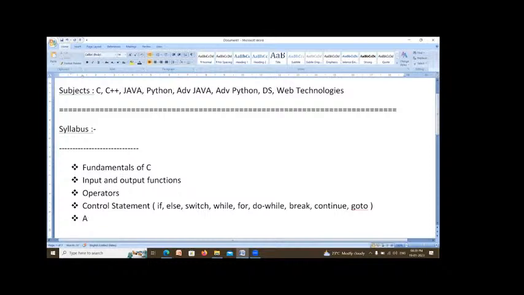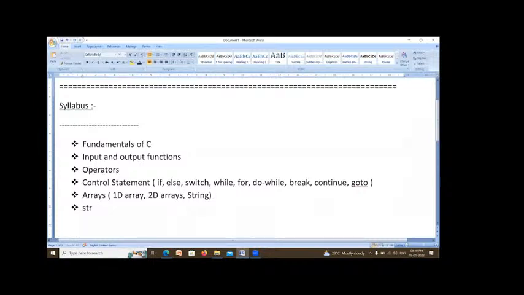Now I will explain the concept of arrays, which contains 1D arrays, 2D arrays, and strings. Then I will explain structures, unions, enumerators, and typedef, which means user defined data types.